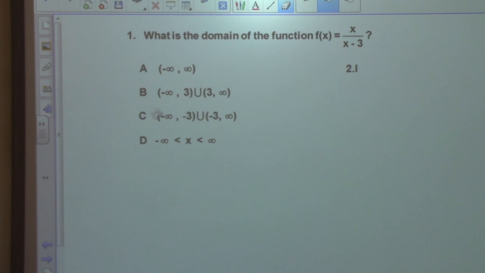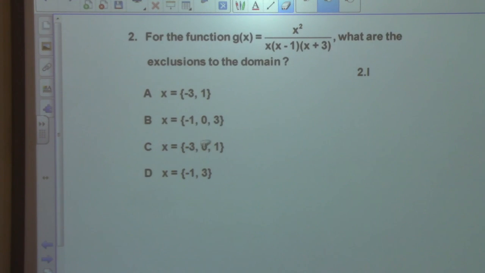All right. Then you can submit some test corrections too for improvements to your grade. How's that? You're ready to do that? Good. What are the exclusions to the domain here? Well, for this one,